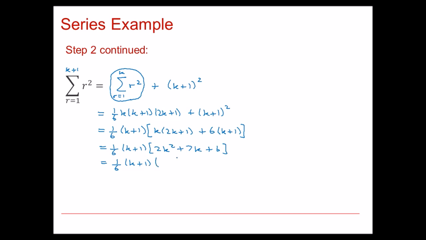Now if I factorise 2k squared plus 7k plus 6, I get k plus 2 times 2k plus 3. Now it's pretty clear at that point that we've got it in the right form: 6 of k plus 1 times k plus 2 times 2k plus 3. But just for extra emphasis, I'm just going to rewrite that final bracket. So 6 of k plus 1